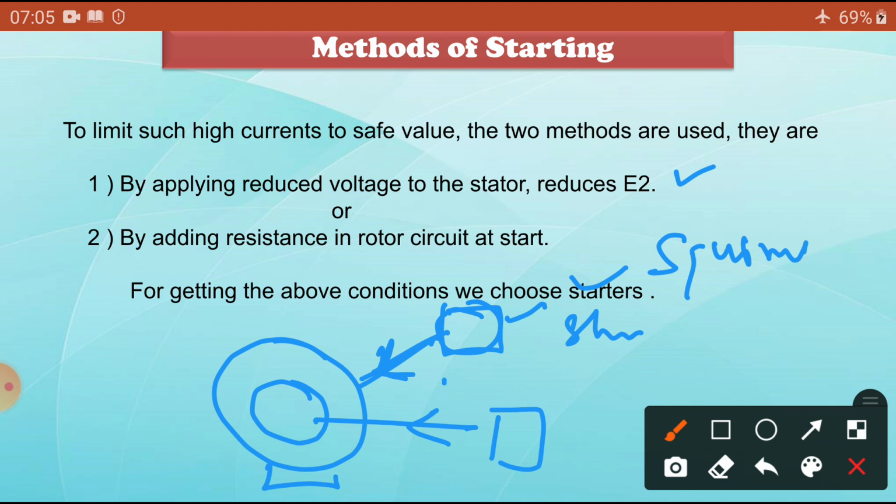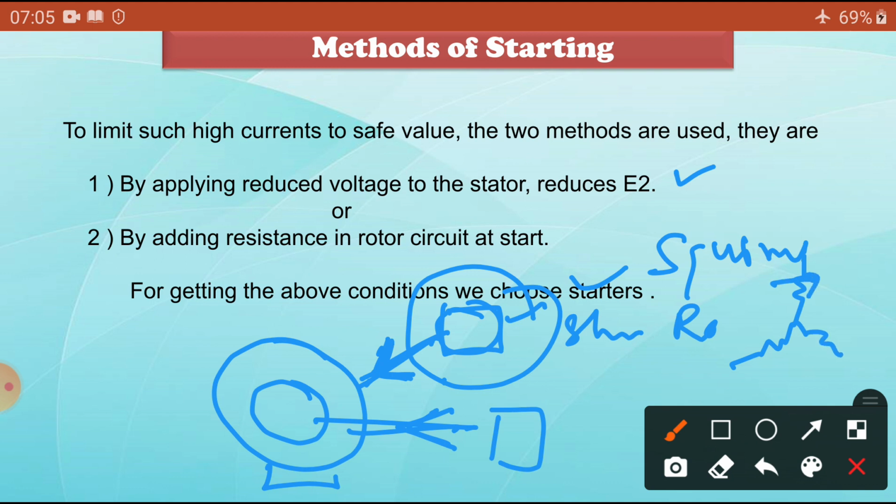Okay, so sir, will you tell us what the different starters are? What are the possible starters to start our induction motor, stator side and rotor side? The rotor side has only one starter, that is the rotor resistance starter. What is inside? Just like the 3-point starter, it has some variable resistance values, simply connected to the slip rings. And on the stator side, we can operate with the help of our starters. What are the different starters?